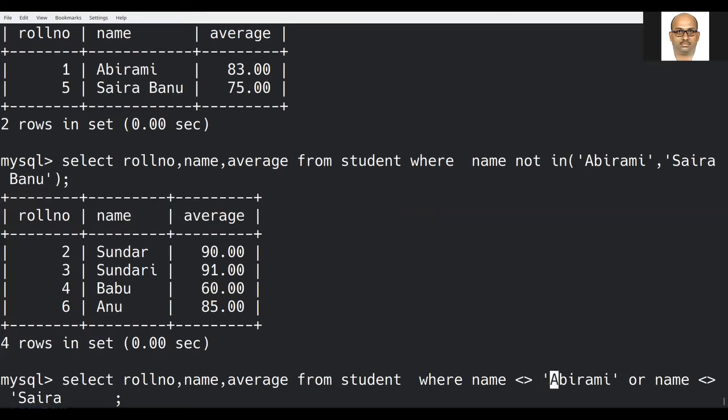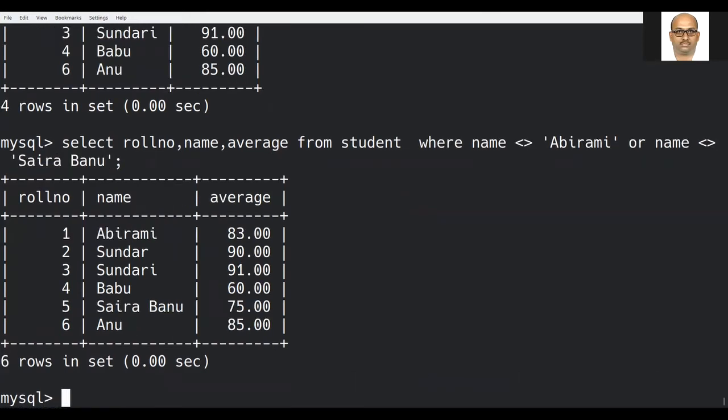So this will also yield the same result. Now we are doing a hand-in-hand comparison: the normal AND condition is compared with between, the normal OR condition is compared with the in command, and the not in command is compared with the normal relational operator not and or. So this is what we have seen till now.